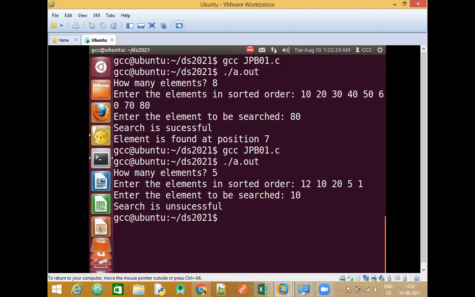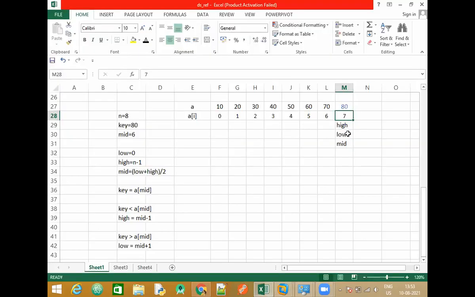But is the element present there? It is present, right? So why do we say that you need to enter the elements in sorted order only? What happens is, when you try to trace it, you will get to know that whenever we have traced, the value of low has always been either equal to high or less than the value of high. When we put those elements in unsorted order, at some point the value of low will go beyond the value of high. So at that time the search comes as unsuccessful.